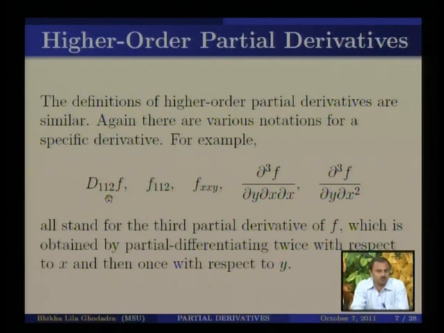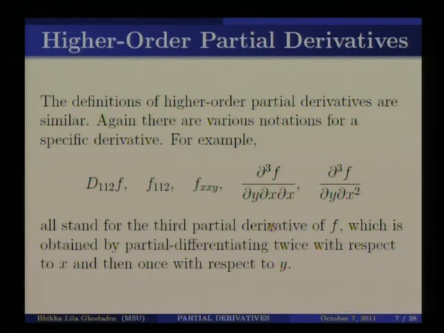Then again with respect to x, and then with respect to y. Similarly here, 1 1 2, so from left to right, and similarly here x x y, so first with respect to x, and then with respect to x again, then with respect to y. But if we use this kind of notation, the order is from right to left. So for example, in this del cube f upon del y del x means first we differentiate with respect to x, then with respect to x again, and then with respect to y. And this is because del x is coming first, one can have this notation also.